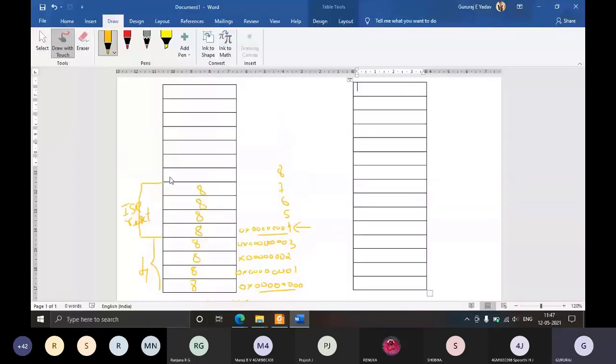So in this location, how many bits will be there? Only 8 bits will be there. But I want a 32-bit address. So starting from 8, you have to take 4 locations, from here until here.